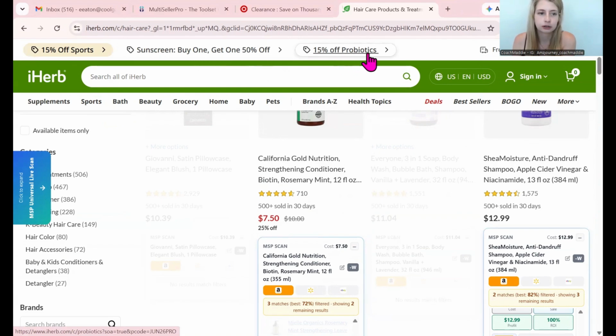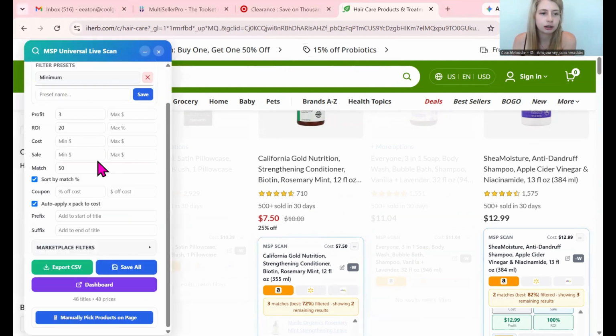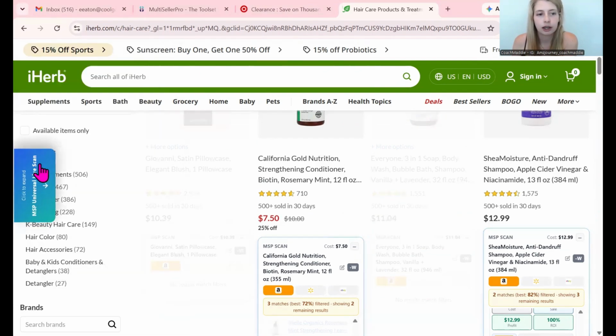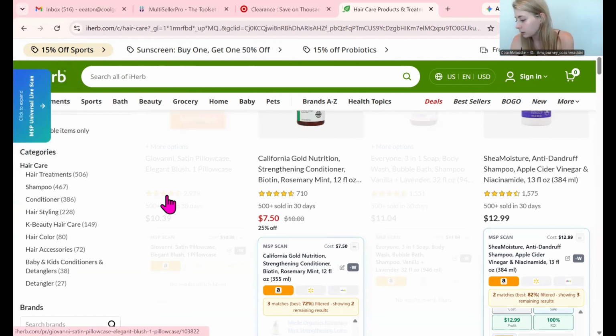15% off probiotics. So there is a place in Live Scan here that you can put in your coupon percentage as well for that. So you can do that and put in your percentage of coupons. So it automatically takes off that price to see if it meets your criteria. Okay. So I wanted to make sure that that got pointed out for you guys. And then